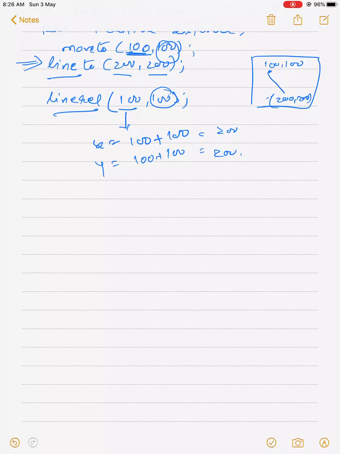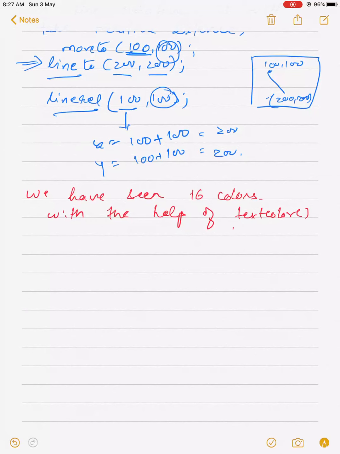Now you know how to draw the lines, but you should also know how to set the colors. We have seen 16 colors. For giving colors to the text, that you know, with the help of text color or text bk color, we can set the background of the text.